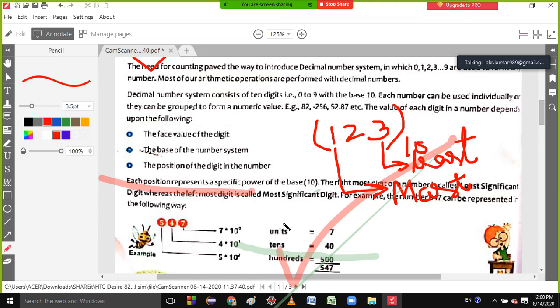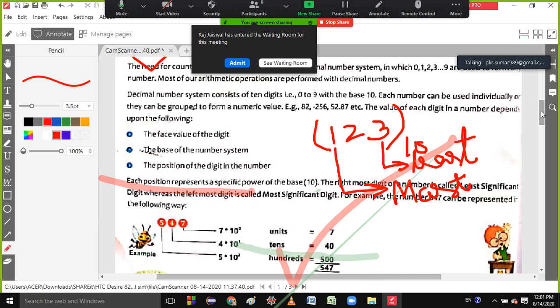So students, because the leftmost plays a very important role. Suppose if I put 0, then the number will be very small. If I put 2, the number will be very big. So this leftmost plays the most important role. That's why it is called the most significant digit, and the rightmost does not have so much significance, that is called the least significant digit. Is it clear to everyone? Okay, let me move ahead.